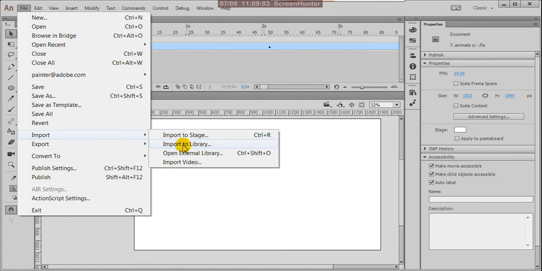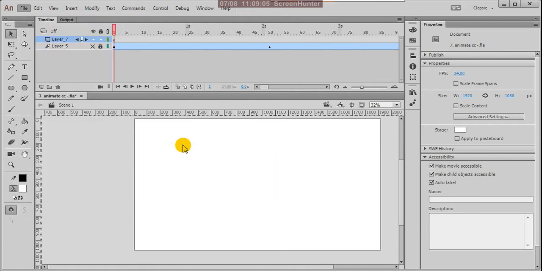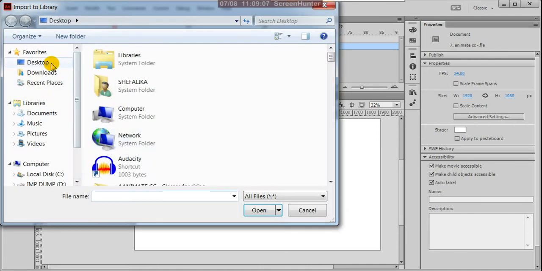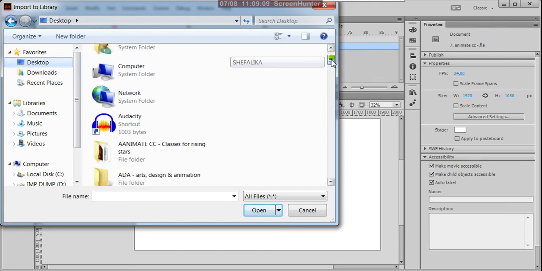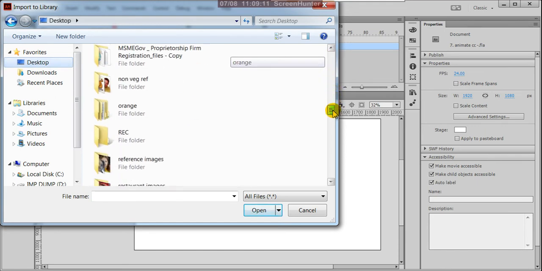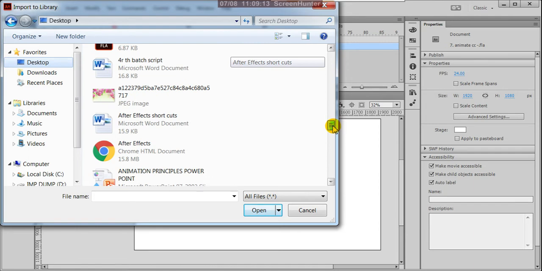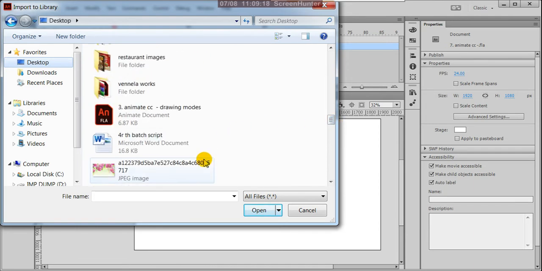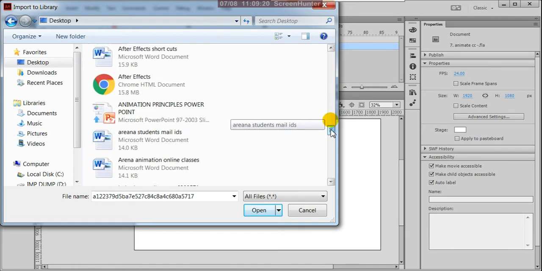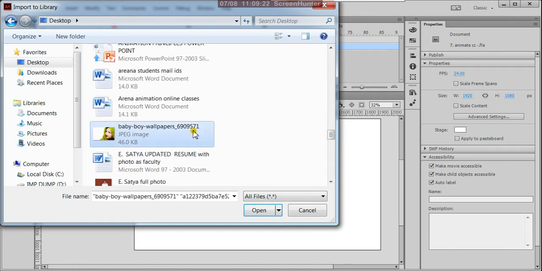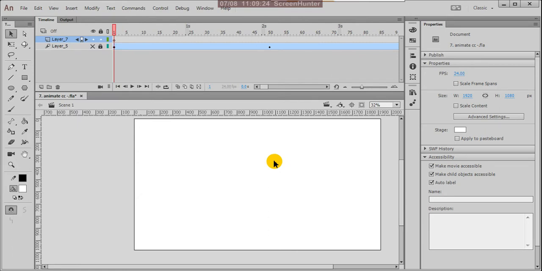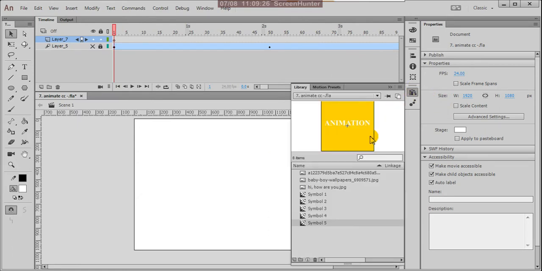I'm importing into a library, and from desktop you can check your photograph. Here suppose I'm taking this picture. Suppose this picture, open. So here two photographs.